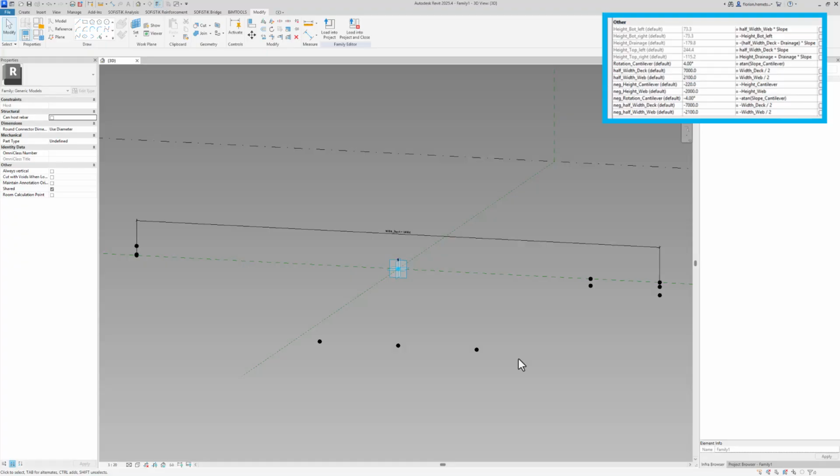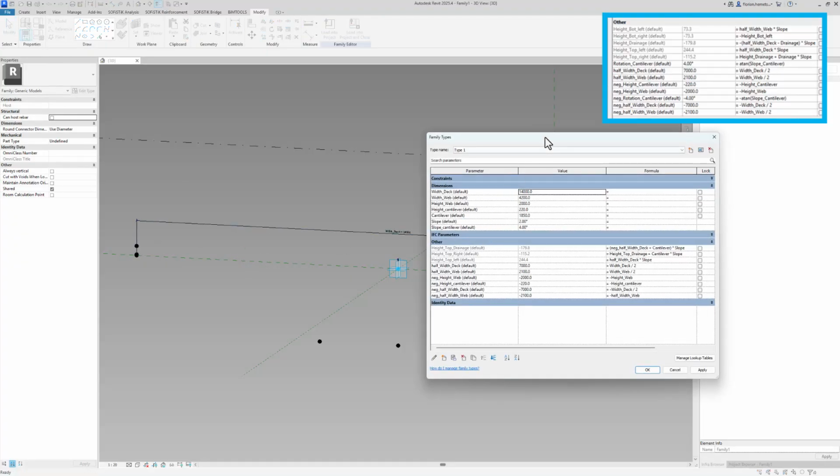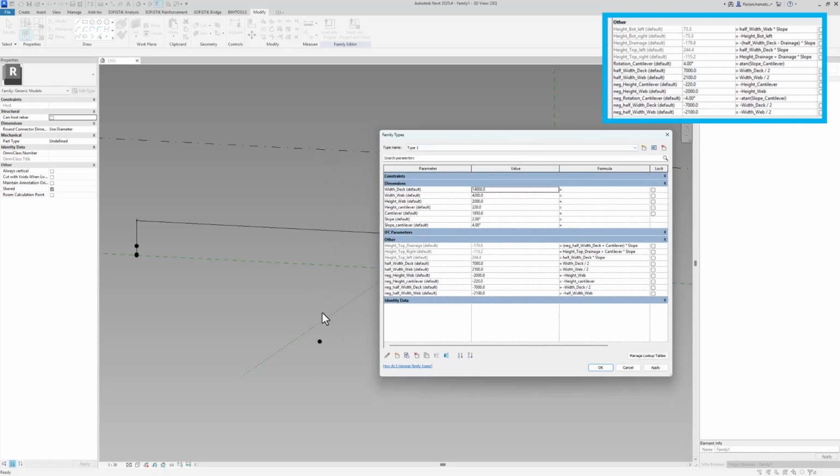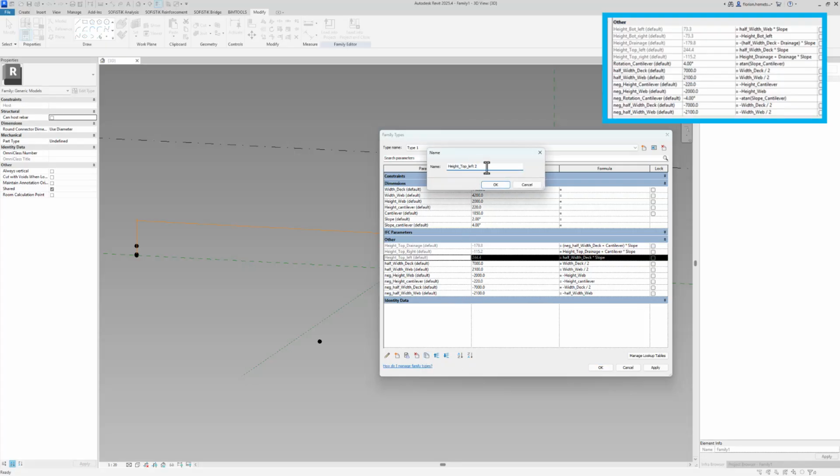You remember that the same slope for the top part of my superstructure is used for the bottom part of my superstructure, meaning that we can take once more these two lengths, multiply them with the slope that we assign as an input, and we immediately get the height parameter accordingly. So the easiest way that I like to do it is I copy my already defined slope or height parameters here, and I change it from height top left to height bottom left.